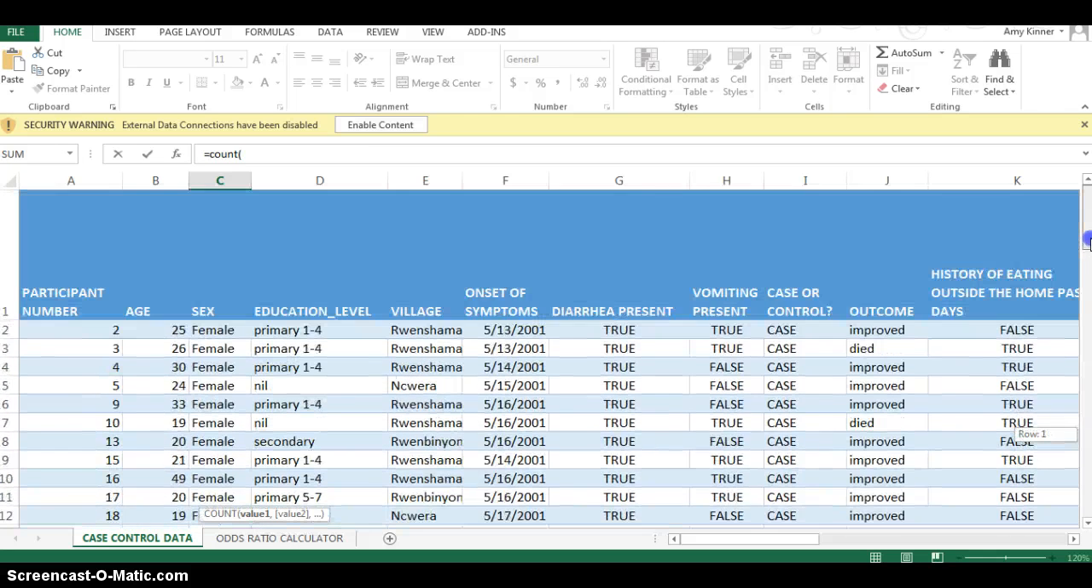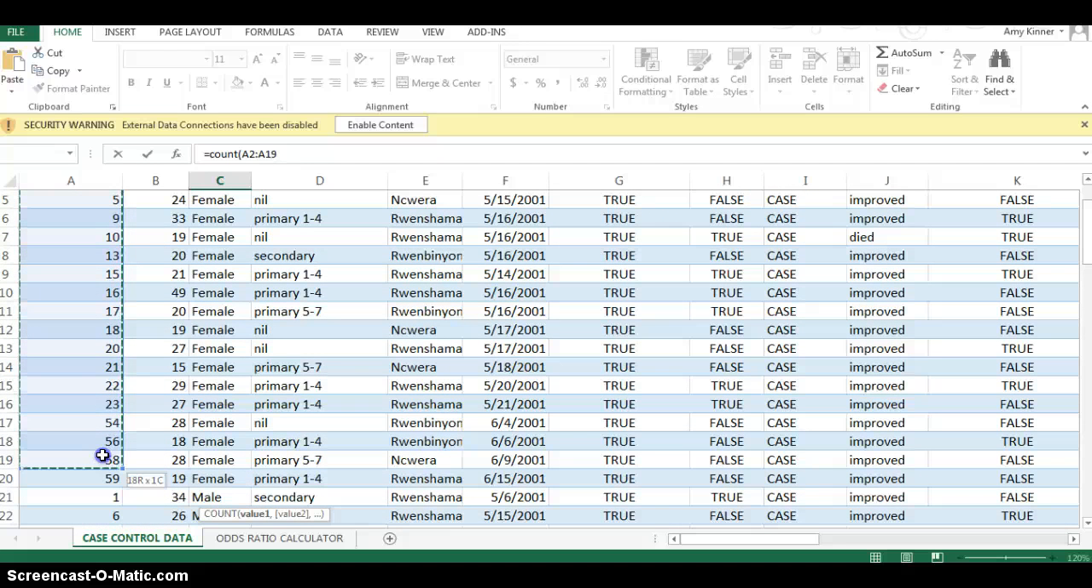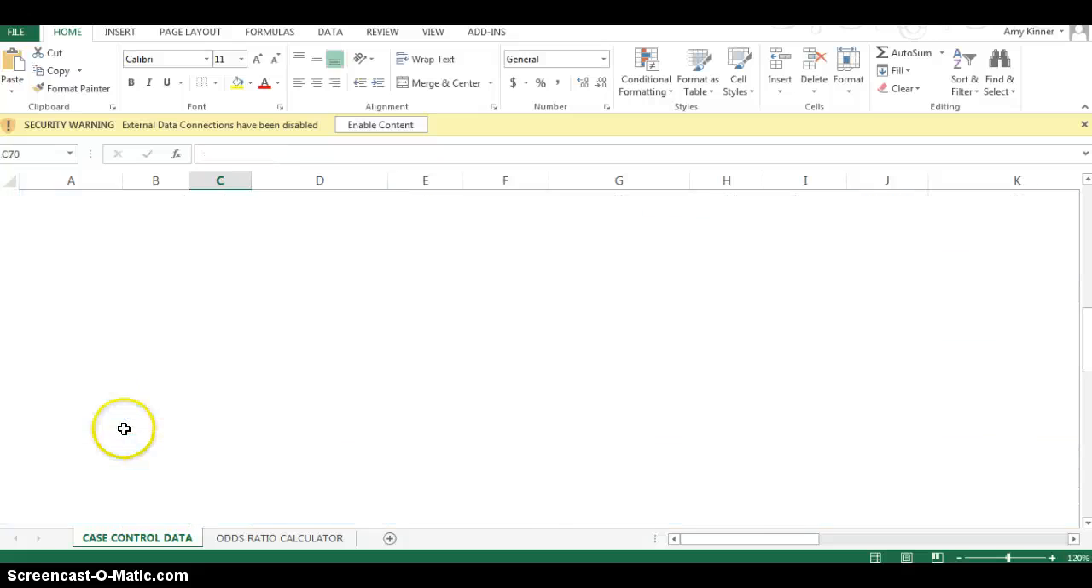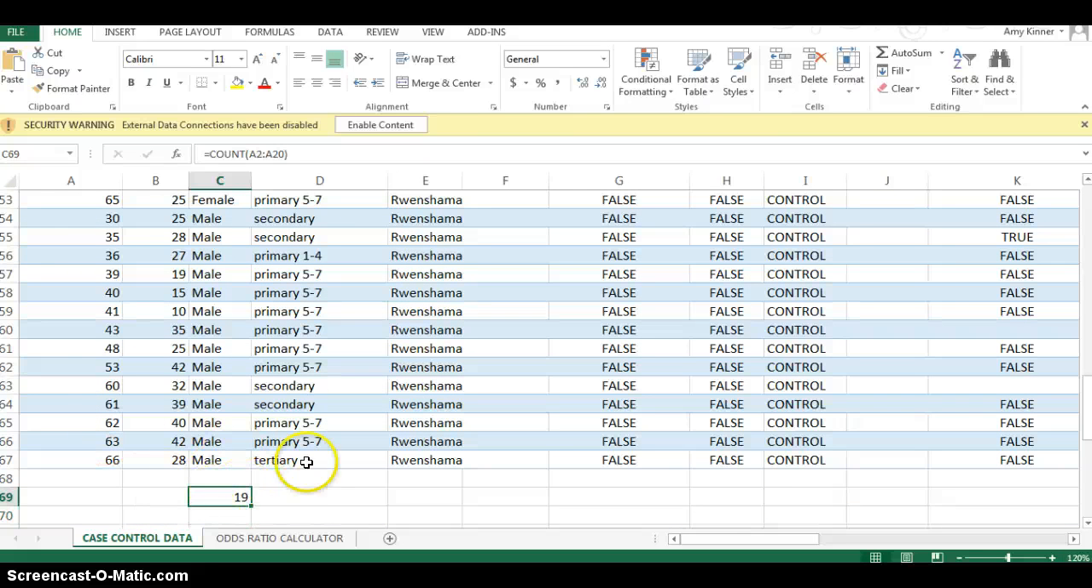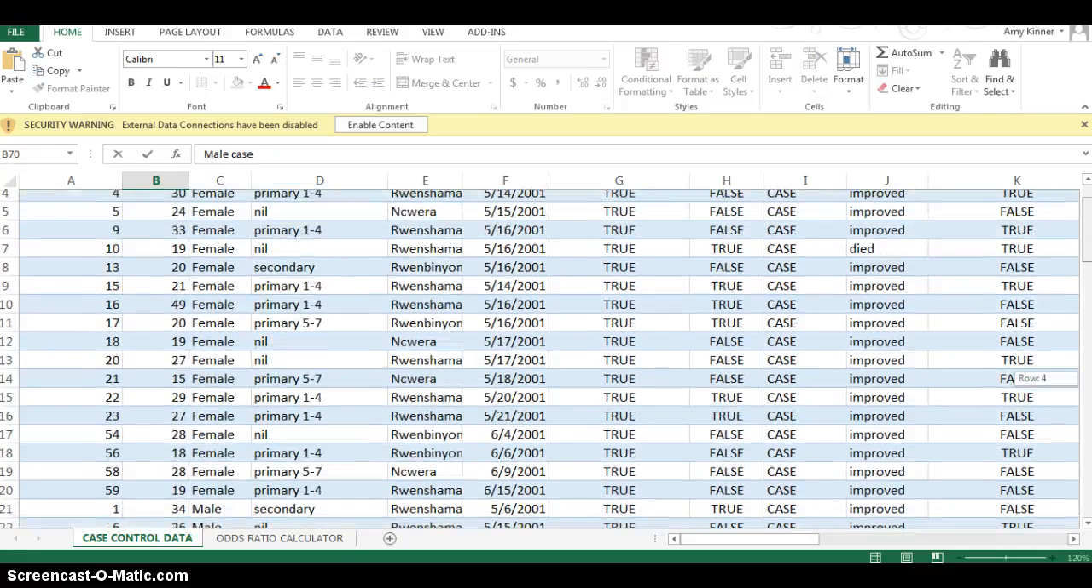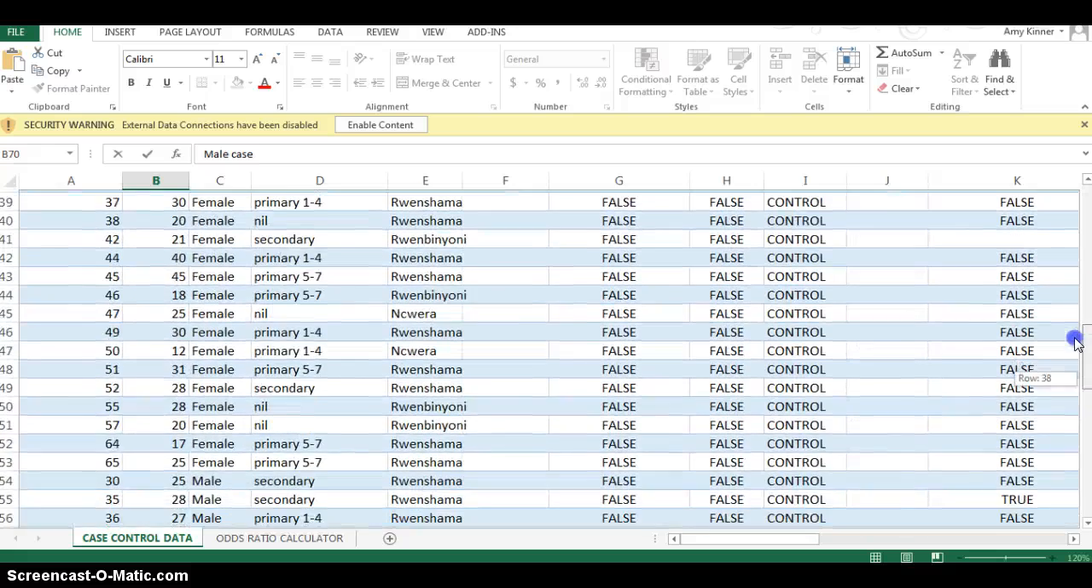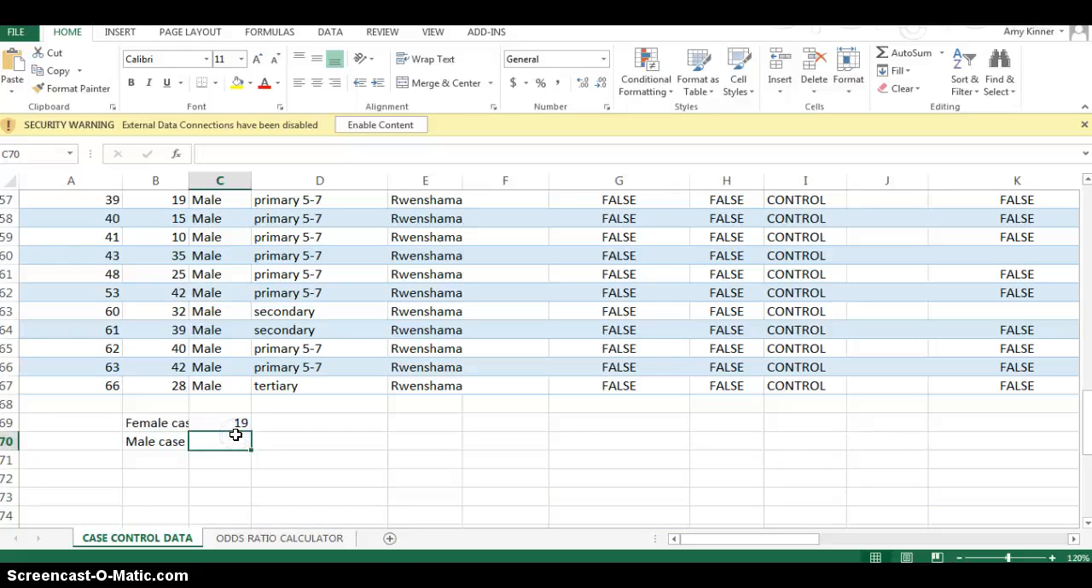female cases. I'm going to go over to participant number because that's actually a number, so it's helpful for counting. Go down to the end of the females that are still cases, and I have 19. And I could say female case 19, male case, go into the next one, equals count, parentheses,